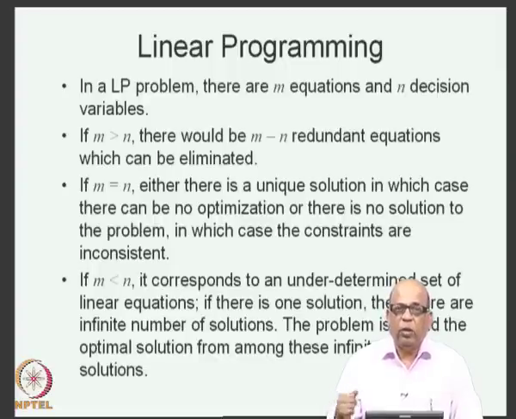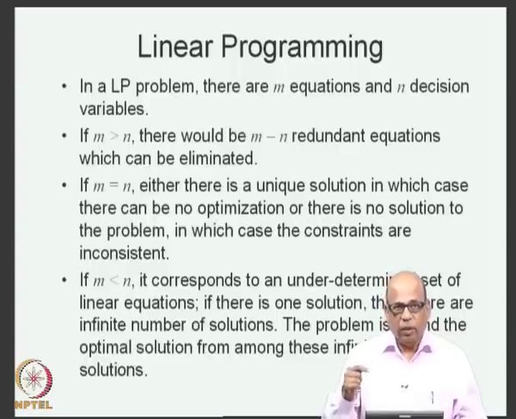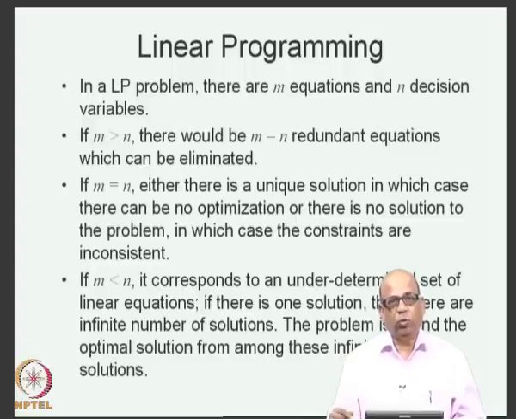Then the next question, if m is equal to n, that means your original set of equations is in fact equal to the number of variables. Then you may have a unique solution. That means, if there is a solution, you have now m number of equality constraints, which means m number of equations. You solve m number of equations simultaneously, you will get a unique solution. So, if you have a solution, it may be a unique solution, which means that there is no question of optimization, because you have exactly one solution for all the m number of equations,